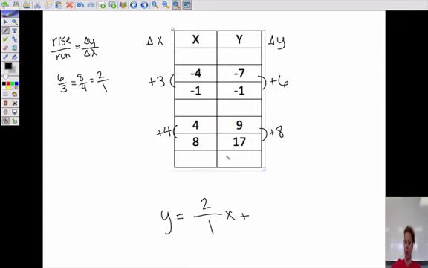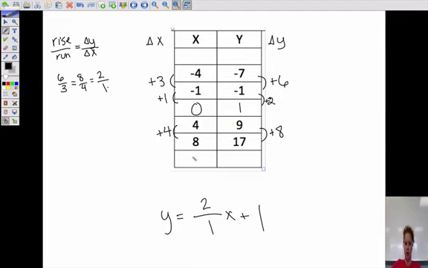So the most important blank we need is 0, right? We need our y-intercept. Well, it looks like 0 could go right here. And if 0 went right there, we'd be adding 1. And for every 1 we add, we know we have to add 2 here. So this would be negative 1 plus 2 would be positive 1. So our y-intercept would be 1. And down here we could do whatever we wanted. We could add, let's say this is